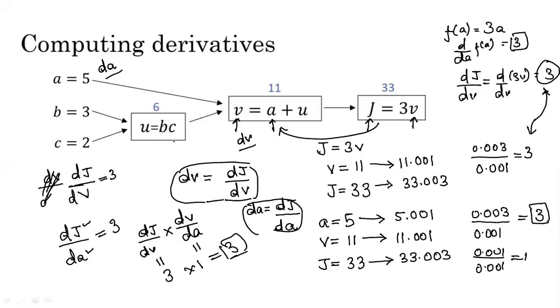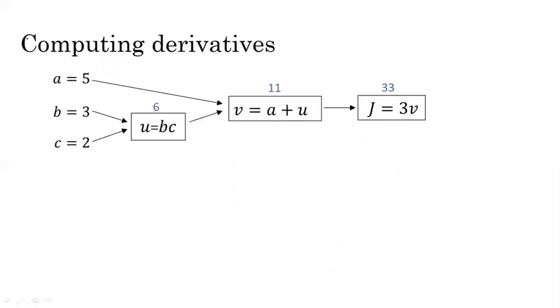Okay, so now let us take into consideration some more examples so that we can understand these concepts in a much better way. Let us first clean this screen so these are quite easily visible to you. Now again we are taking the same computation graph. Now what you need to do in this computation graph is find a new derivative, and this derivative is dj upon du. So you need to find the rate of change of j with respect to the intermediate variable u. Okay, so this will be represented here. You need to find this.